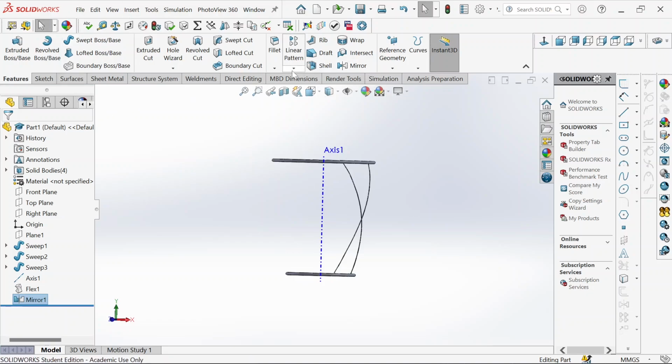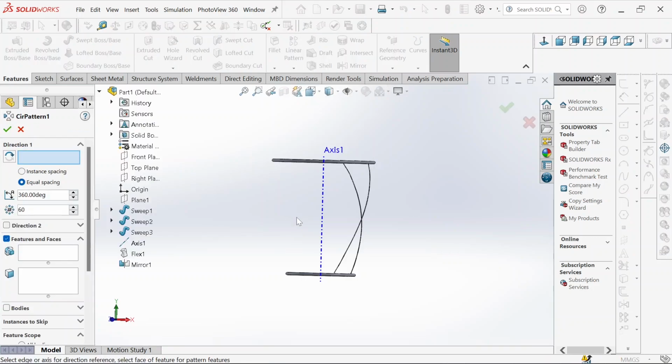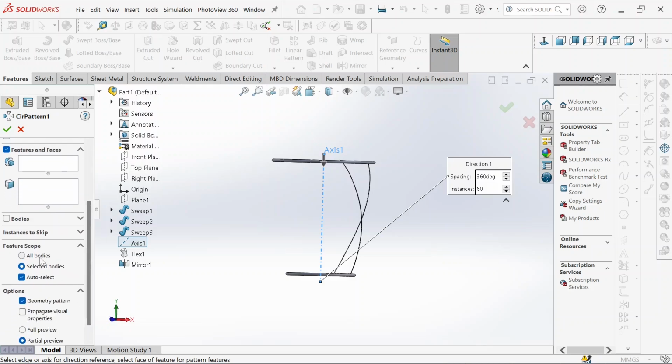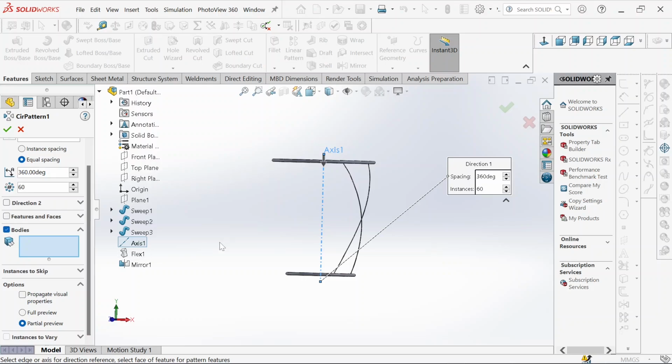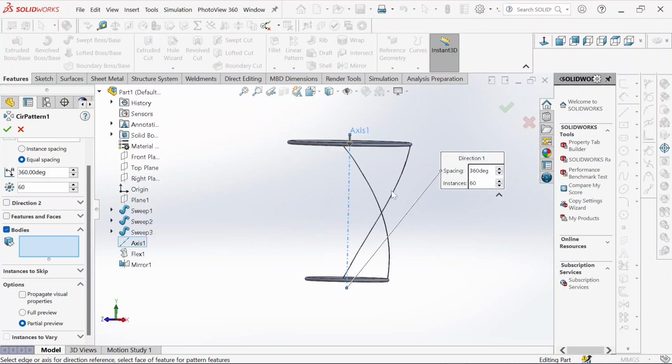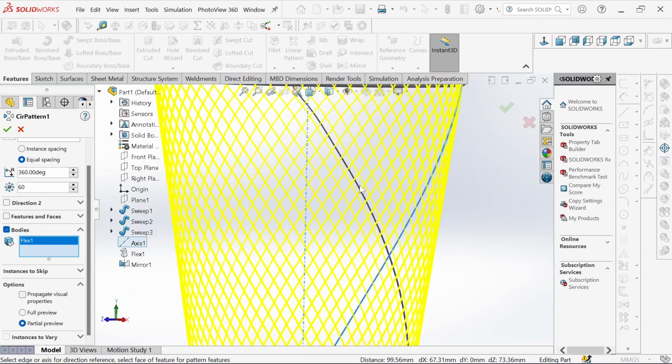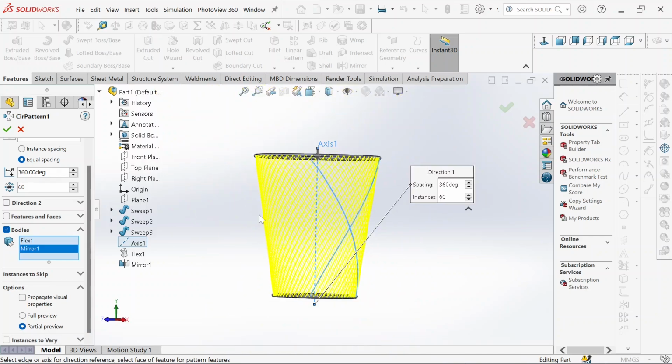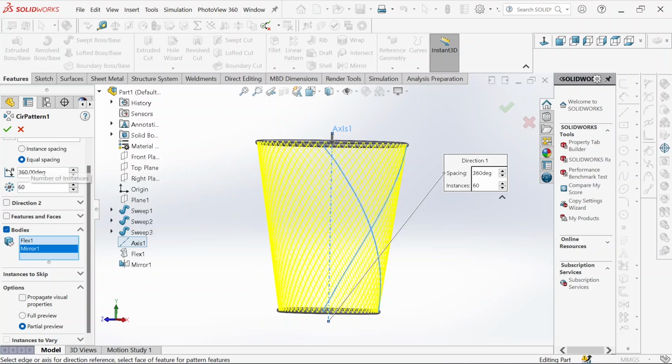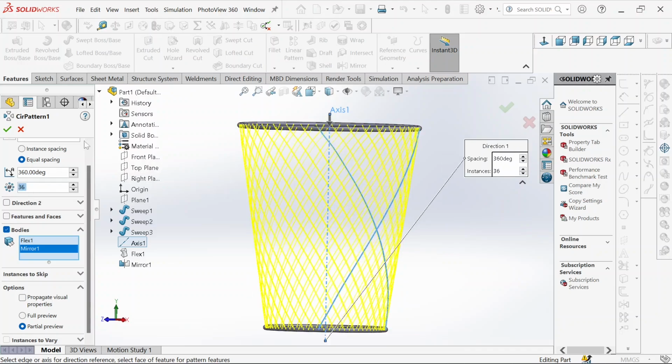So now what we do, we now go to circular pattern, and we select the axis. So now we go to body and select this profile and the other one. Okay, that's what we get, but you can change the number of meshes by just changing these ones